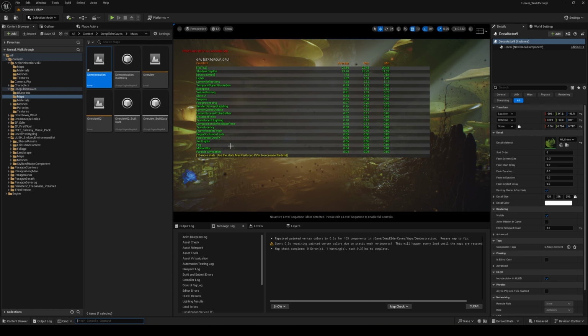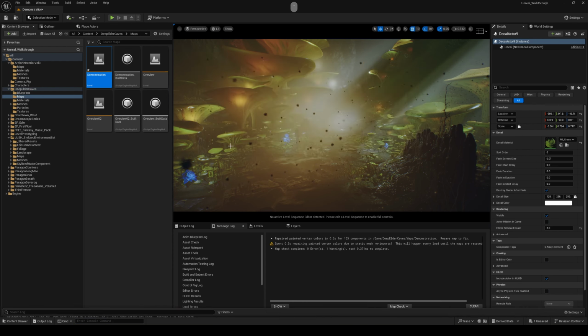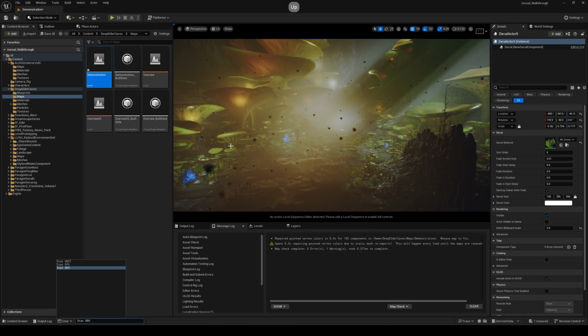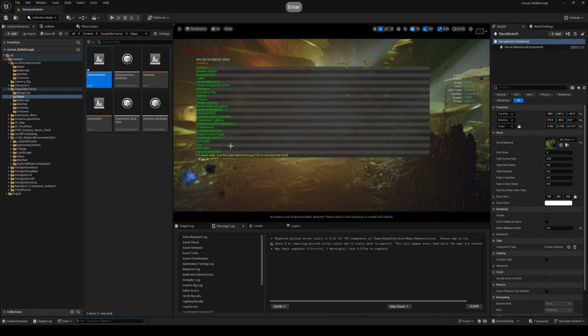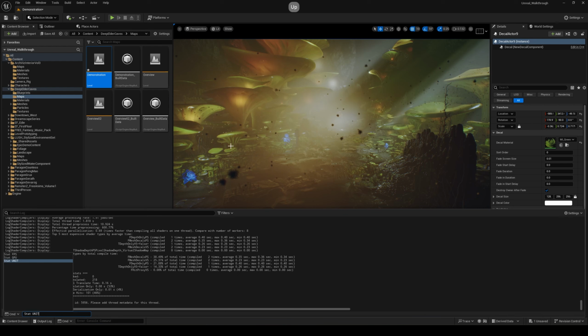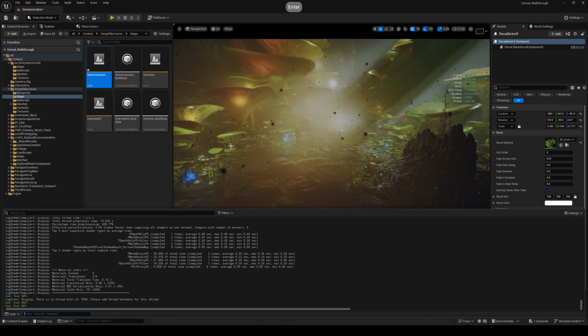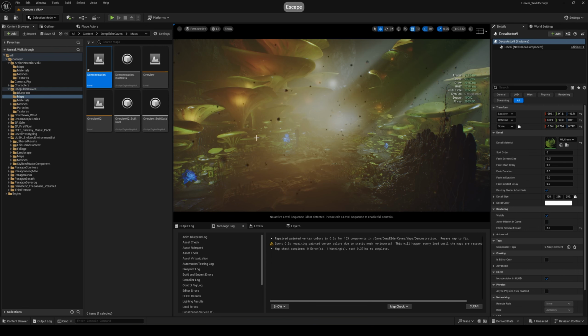So maybe for us right now, we're not interested in that. So I'm going to just tap up. I pressed the tilde again, and then pressed up, and then it'll show you some of the last ones that I did. And I'm going to try stat unit. This is an important one. I'll get rid of the stat GPU. I'll just close this. Now, what stat unit does is it's going to show you basically